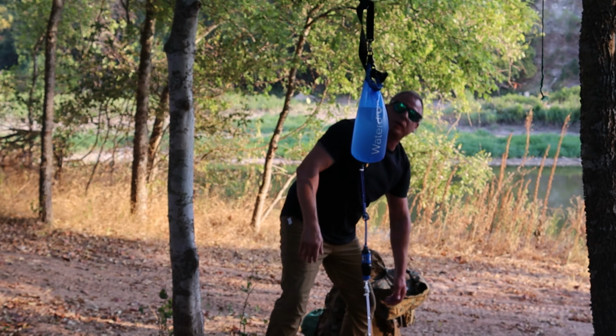So this is the Sawyer Squeeze. Good thing about this is it does up to 100,000 gallons of water. So that means if you drank 4 liters a day, every day, you would have enough. This would be able to handle 68 years. What we have hooked to it is also